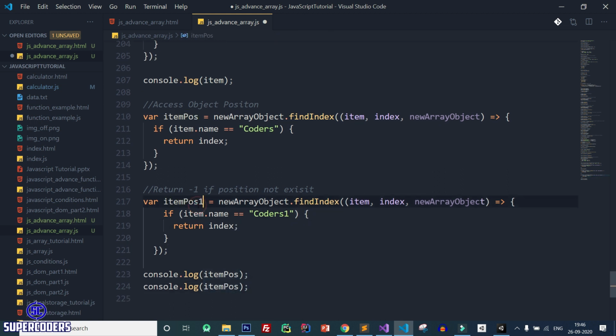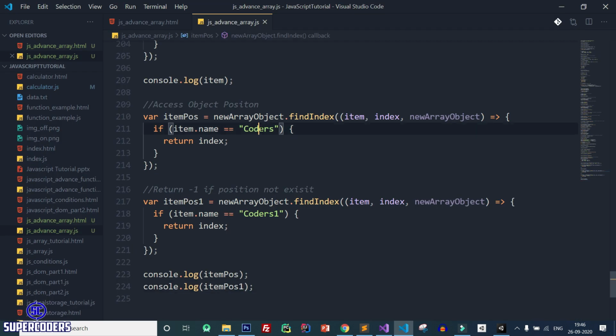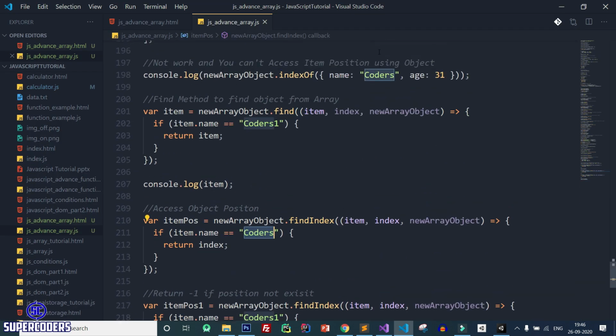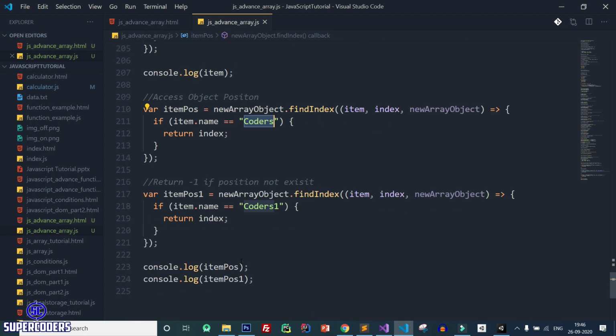Item position 1 and 1, save it, and you can see first 1 and second -1. So coders exists at position 1, and coders1 does not exist. That's why it returns -1 and it returns 1. So in this way you can use findIndex to find the index position when working with objects in an array.